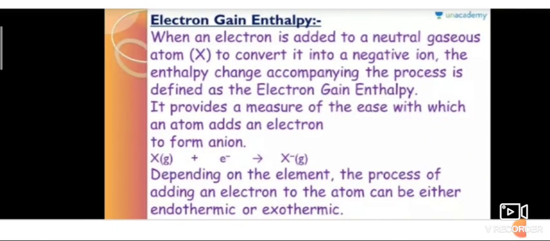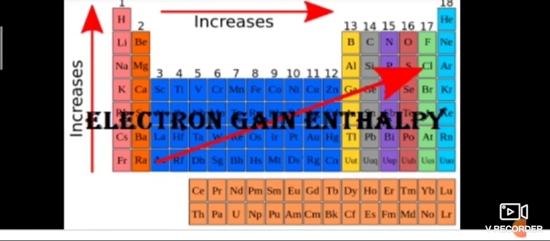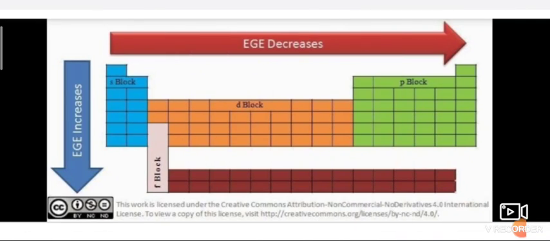So what is electron gain enthalpy? How does it differ? Look at this periodic table. Electron gain enthalpy increases along the period, and along the diagonal it increases from bottom to top. At the same time, from top to bottom electron gain enthalpy decreases. So electron gain enthalpy decreases along the